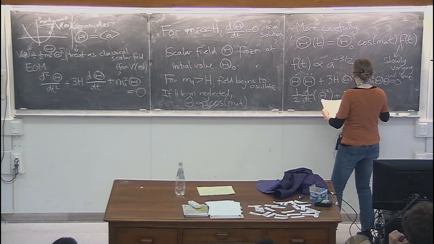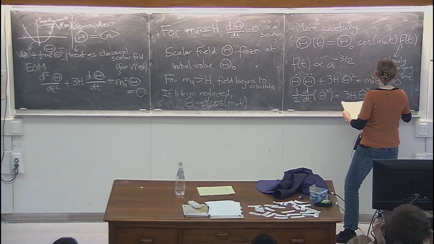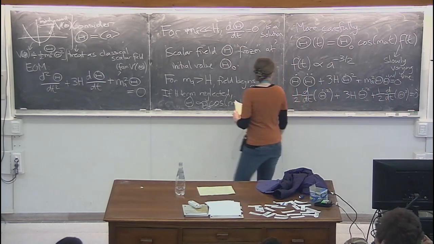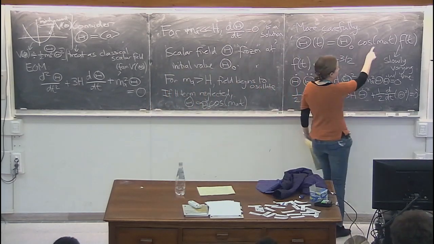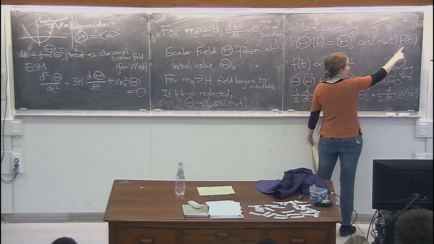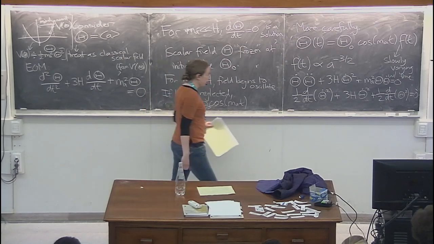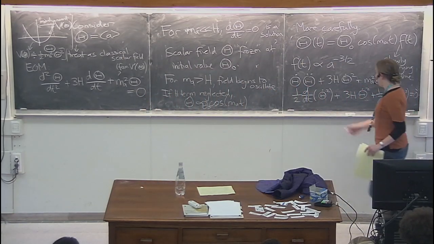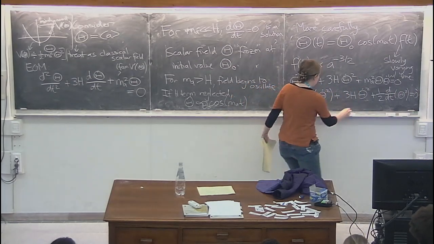and then, because we're primarily interested here not in these fast oscillations, cos m_a t, described by this factor, but in this slow evolution, if we take the expectation value of this result, then we can get a simple equation for how the expectation value of this quantity changes over time. Now, I told you that I wanted to understand how the energy density in this field evolved over time.